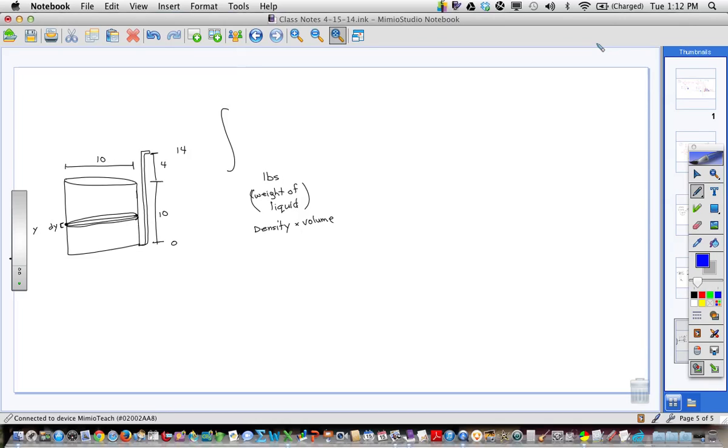Okay? Now, you'll be given the density in the problem. So in this particular problem, we're going to say it's water, and I think in your homework tonight, it's 62.4. They say it's 62.4 pounds per cubic foot. Okay? So 62.4 pounds per cubic foot would be one unit of density. And then when we take that times volume, you can see how that's going to give us pounds. Okay? So the density of the water is 62.4 pounds per cubic foot times, now we need the volume of